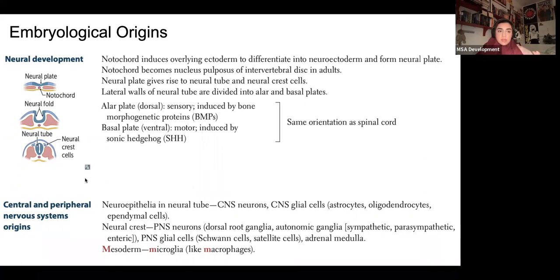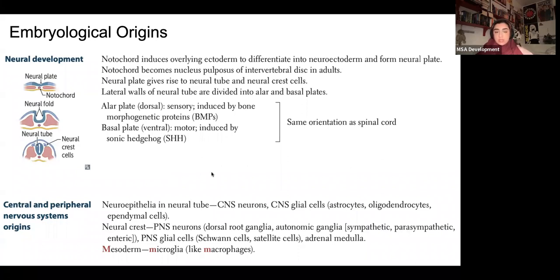So for example, the neural tube and all this will become part of the central nervous system. The neural crest cells then become, for example, myelin. They will give rise to peripheral nervous system neurons, the dorsal root ganglia, glial cells such as Schwann cells, which make myelin, satellite cells, and then they'll also give rise to the adrenal medulla, which is the nervous part of the actual adrenal gland itself. And then, for example, the neuroepithelia in the neural tube is going to give rise,